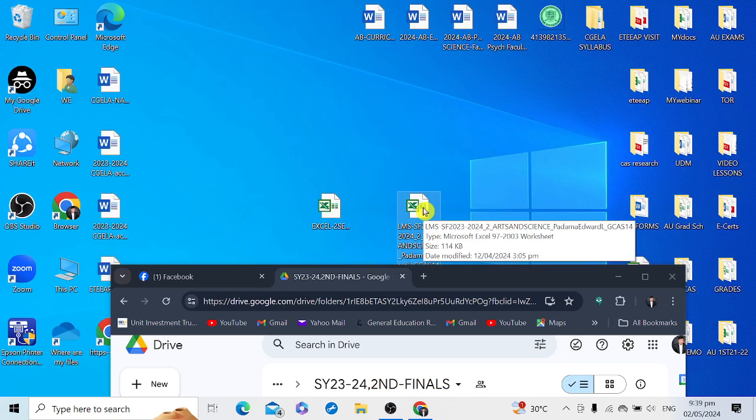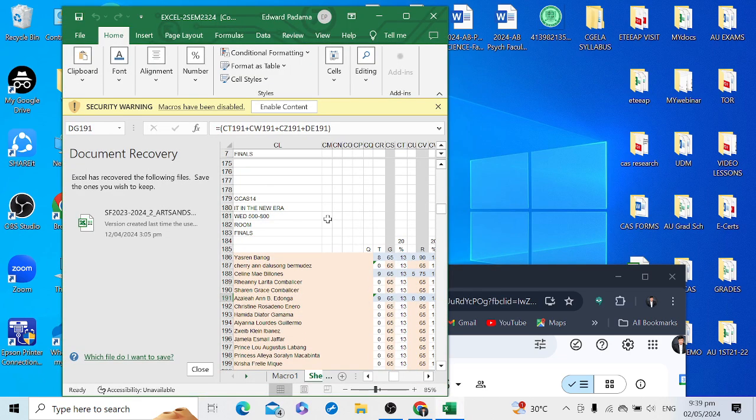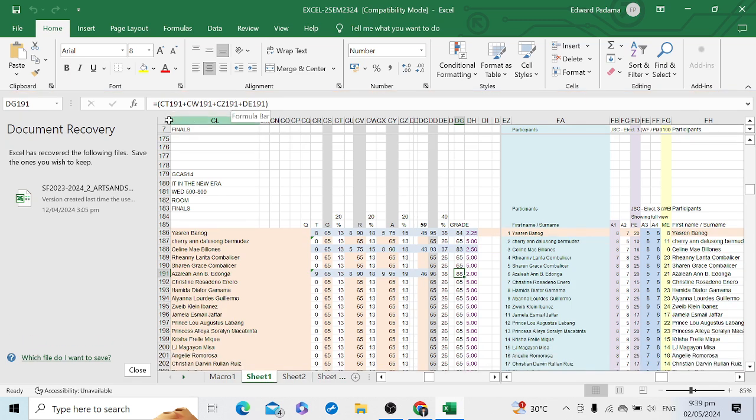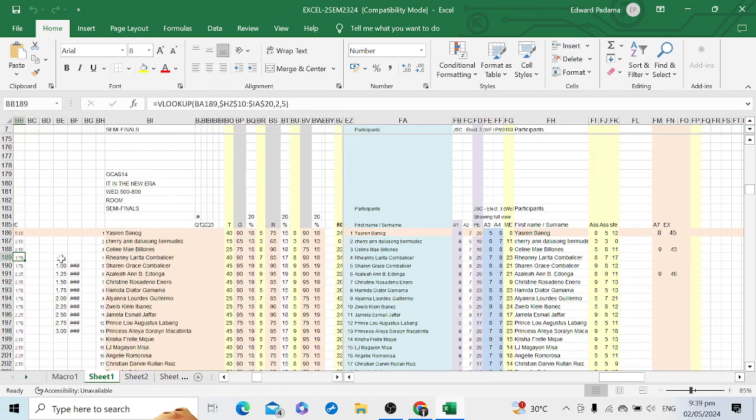The Excel file is the file wherein the breakdown of your grades are reflected. Again, the Excel file should contain the breakdown of the grades that you have submitted, from prelim to finals.